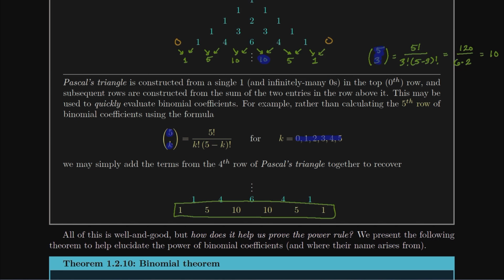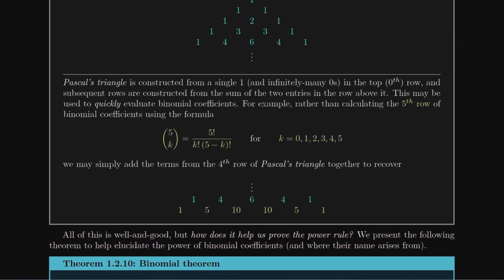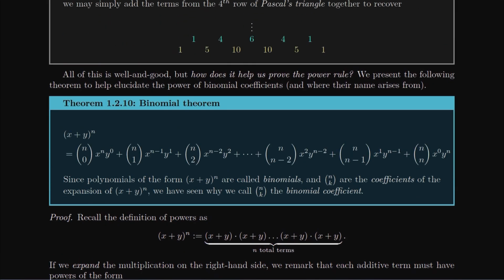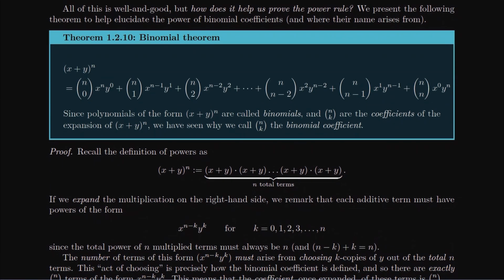So this Pascal's triangle is kind of a shortcut method of producing the binomial coefficients if we don't like going through all this work with the factorials. So what's the real point? Why am I introducing this here when I'm dealing with the power rule for derivatives? It's because of this theorem called the binomial theorem, which we'll end up using. Well, we use it to prove the power rule, but we also use it quite a few other times in this course. It's really an efficient theorem for us to keep in mind, really the rest of our mathematical careers. And what this theorem talks about is an efficient way